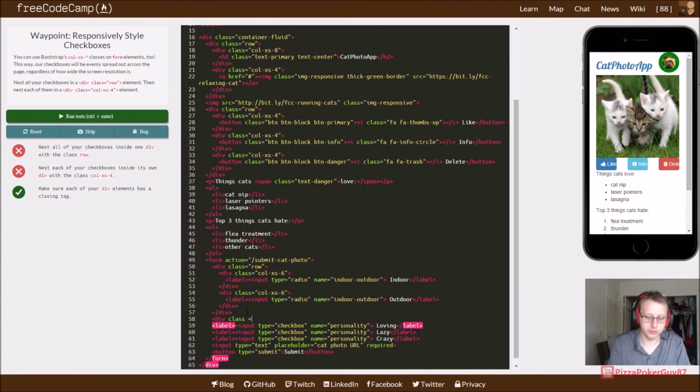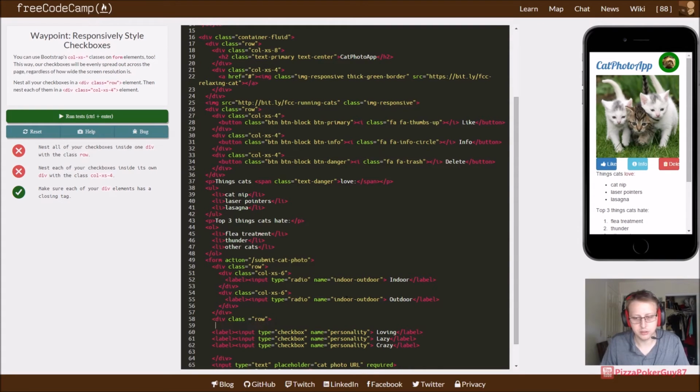So, again, we start with a row, because they're all lined up in a row. And first thing we probably want to do is just close this. After that, we want to have a div class equal to column dash xs dash 4, and then we're actually, just for the sake of time, going to copy that. And then each one of these will get a space of 4 out of 12